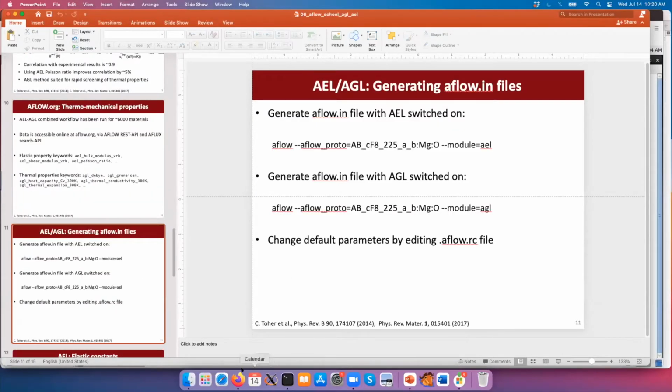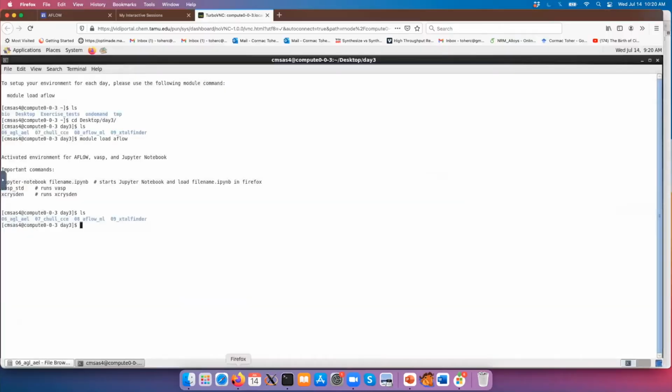Okay, so let me go to my desktop terminal. So I'm going to go into this 06 AEL AGL directory, and I'll just generate them here for the example. So I use aflow --aflow_proto=AB_